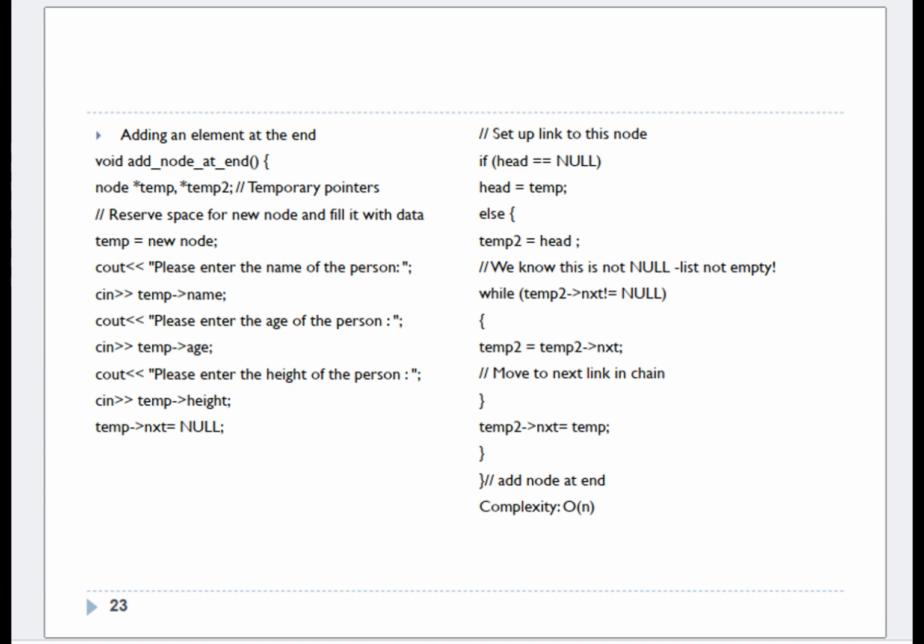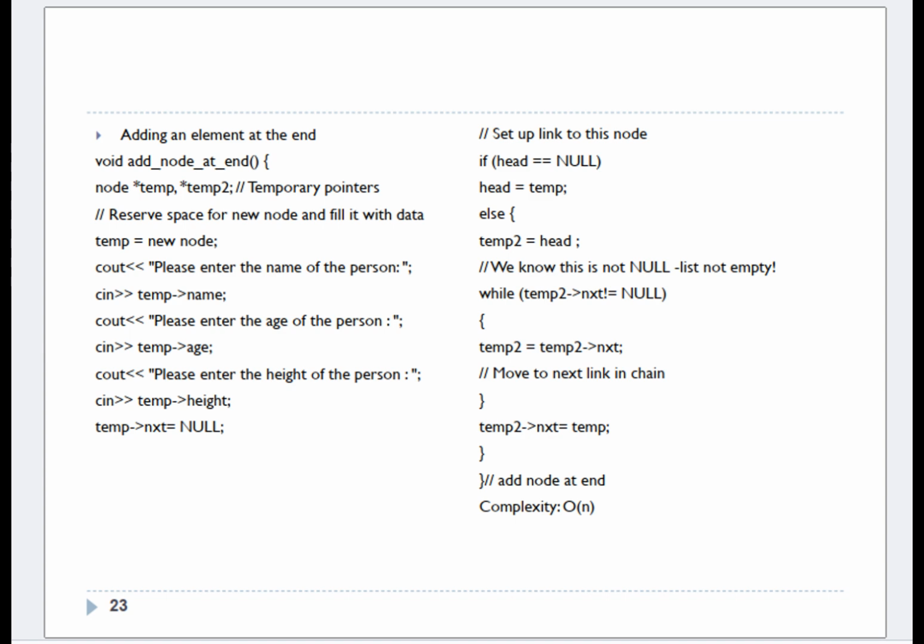void add_node_at_end() { node *temp, *temp2; // temporary pointers. Reserve space for new node and fill it with data. temp = new node; cout << "Please enter the name of the person"; cin >> temp->name; cout << "Please enter the age of the person"; cin >> temp->age; cout << "Please enter the height of the person"; cin >> temp->feet; temp->next = NULL; // set up link to this node